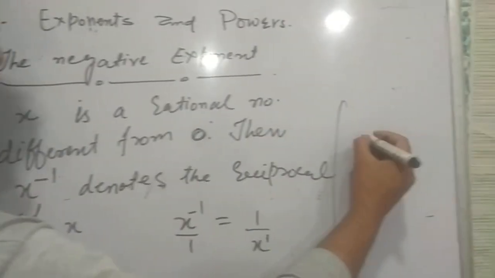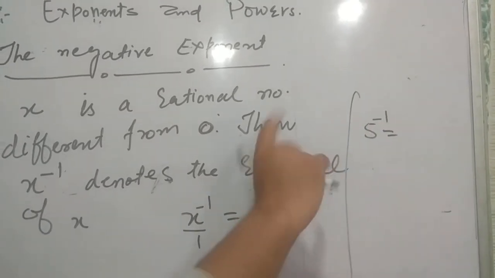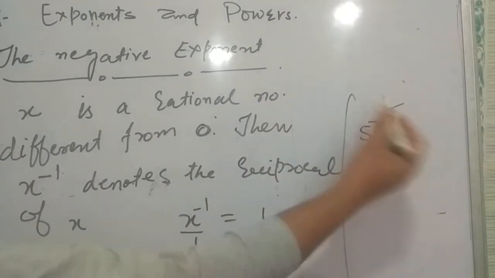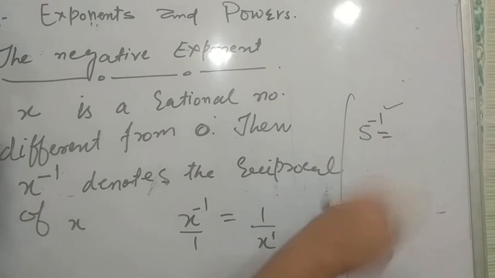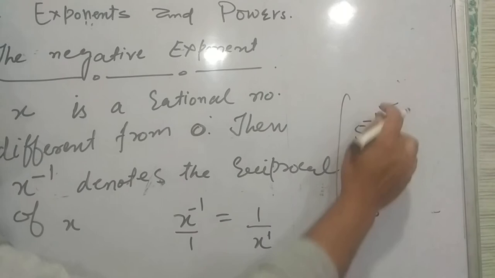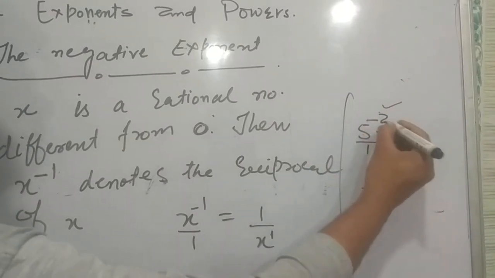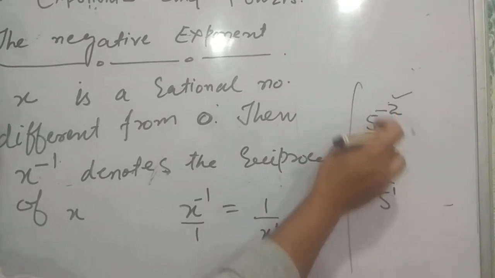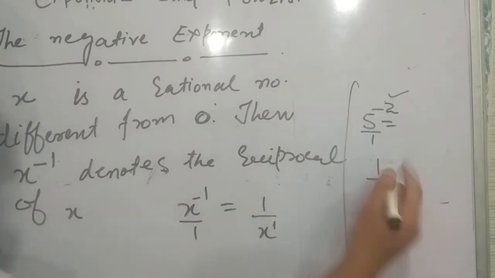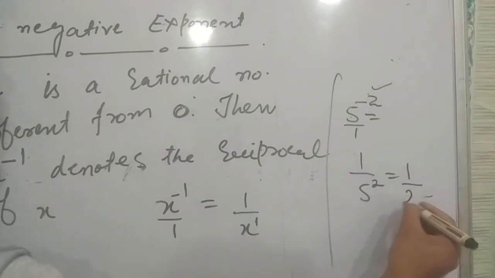तो for example 5 raised to power minus 1 is always equal to 5 raised to power 1. इसको हम पॉजिटिव एक्सपोनेंट में, पॉजिटिव पावर में कैसे कन्वर्ट करेंगे. तो हमें इस 5 का रेसिप्रोकल लेना होगा. It is 5 divided by 1, तो इसका रेसिप्रोकल होगा 1 divided by 5, इसका पावर it is 1. For example अगर ये 5 raised to power minus 2 होगा, तो इसका रेसिप्रोकल होगा 1 divided by 5, और ये माइनस 2 कन्वर्ट होगा पॉजिटिव 2 में. तो इसका रिजल्ट होगा 5 का स्क्वायर, 5 into 5,